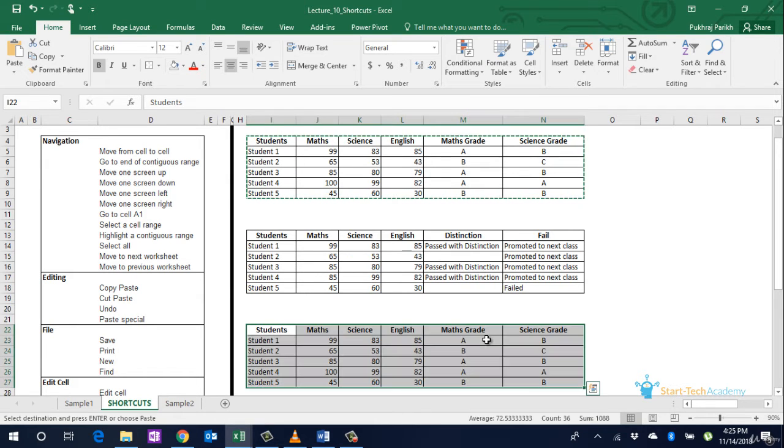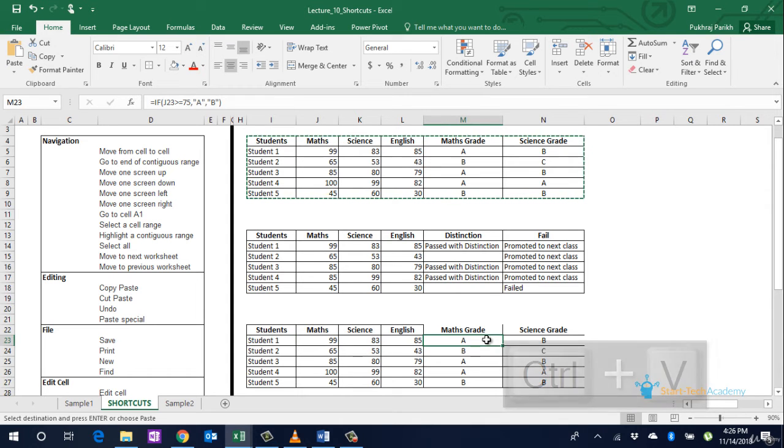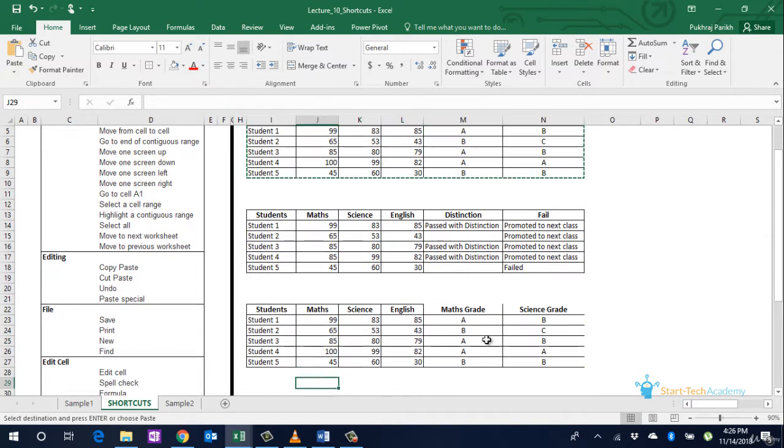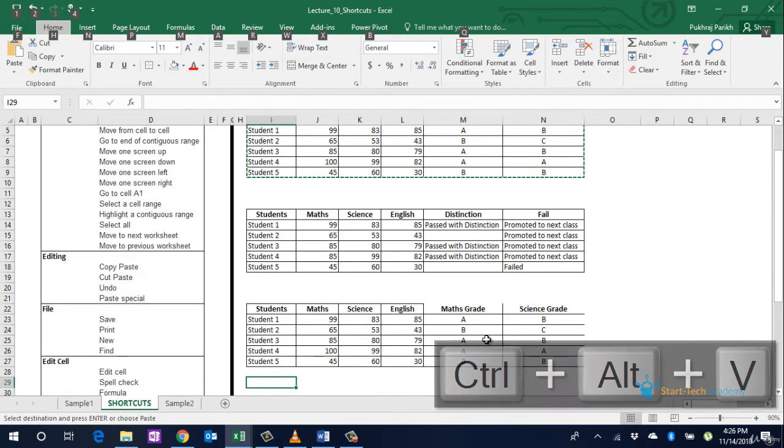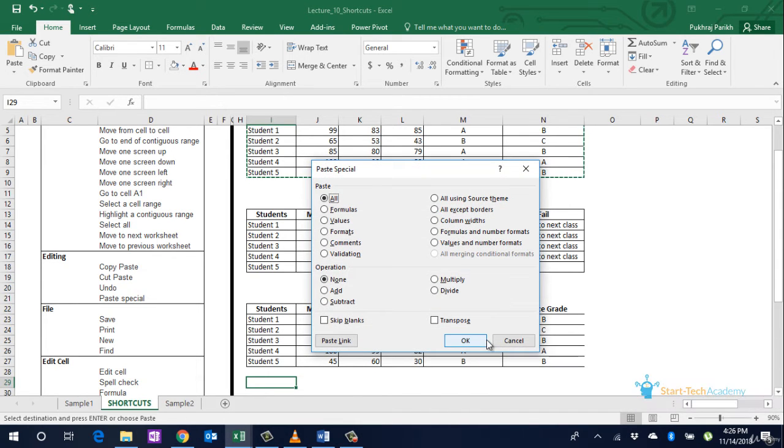and while pasting, you can see there are still some formulas. If I want to paste the values of the whole table, while pasting, I'll just select special options. To do that, instead of Control V, you do Control Alt V. You'll see these paste special options. If you want values, you can tap on V, which is underlined for values. For formats, you can tap on T. For formulas, you can tap on F. Here I'll select values and click on OK.